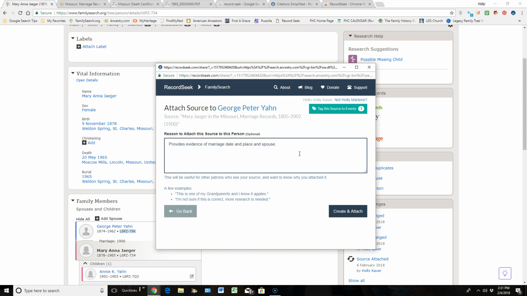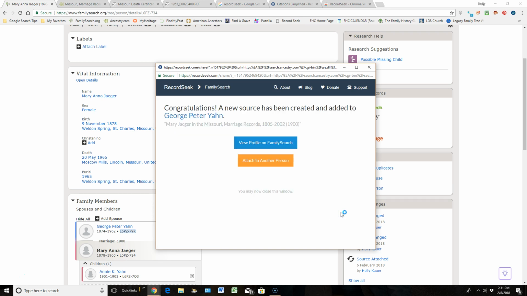So you could write that in a Word document and just copy and paste this so you don't have to keep redoing this. But I'm going to create and attach this, and now I'll say, you know what, let's view this in Family Search. So I just want you to see what this looks like now as it loads into Family Tree inside her